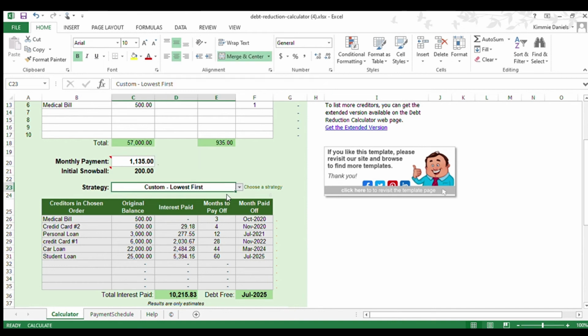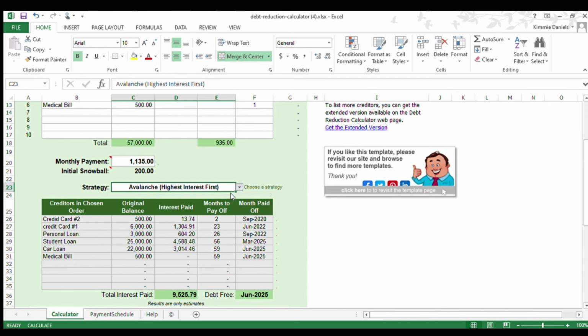Let's go ahead and see what the Avalanche method would be. Obviously, the medical bill is last because there's no interest. The total interest for all of that would be $9,525.79. It shows June instead of July for 2025 payoff, but that's a significant amount difference for interest too.